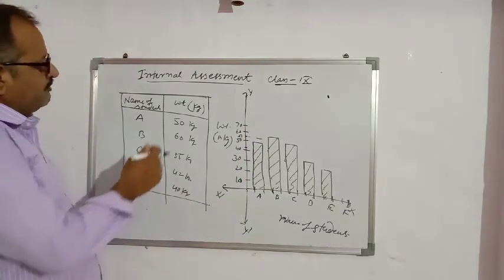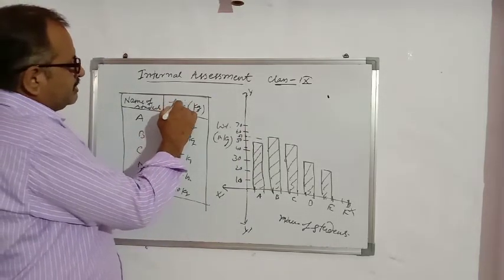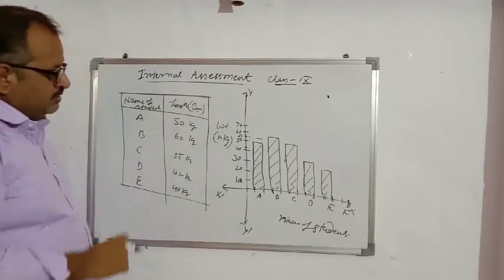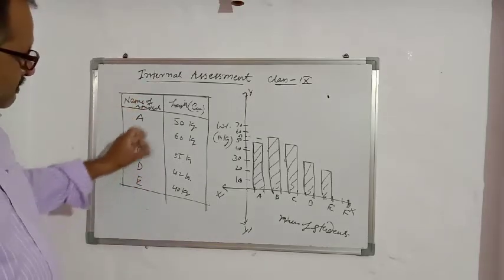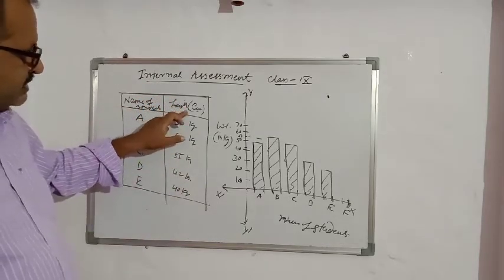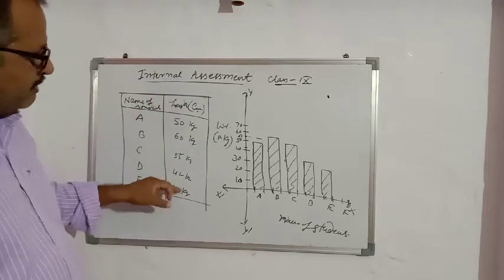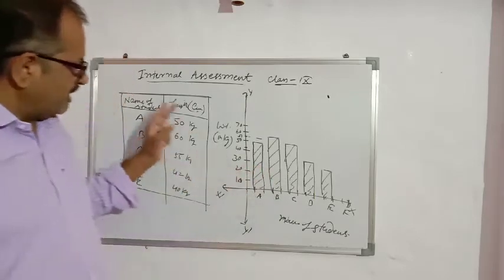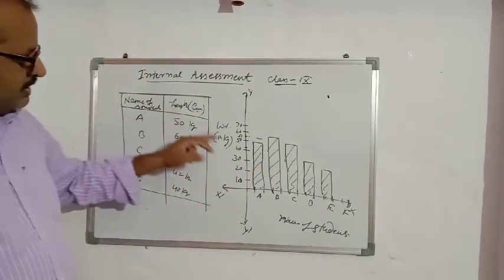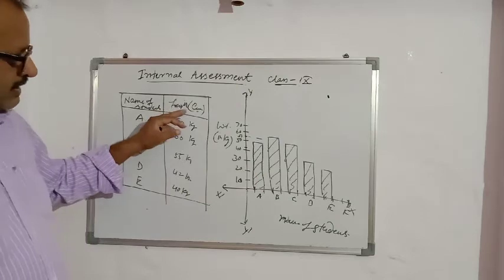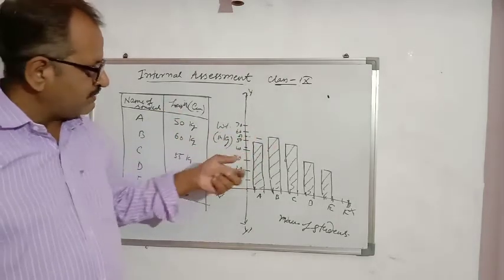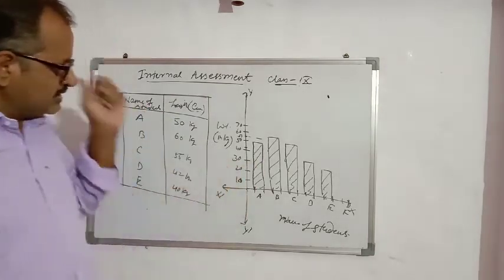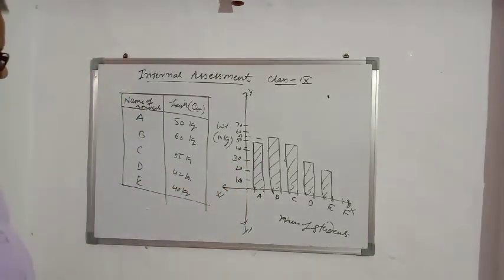So in the same way we can take height in centimeter. Write one column name, next column height, weight, pocket money, number of family members, etc. You can make 4 or 5 bar graphs for each. So for height we will use one graph sheet. When we take weight, we will use the next graph sheet. For pocket money again we will use the next graph sheet. So in this way you can use 4 or 5 graph sheets.